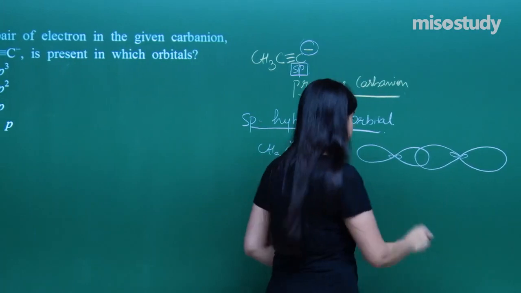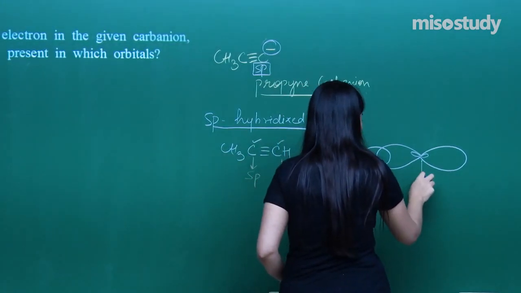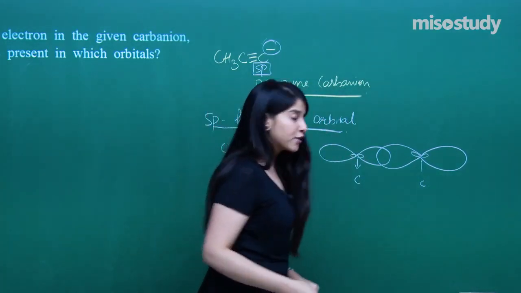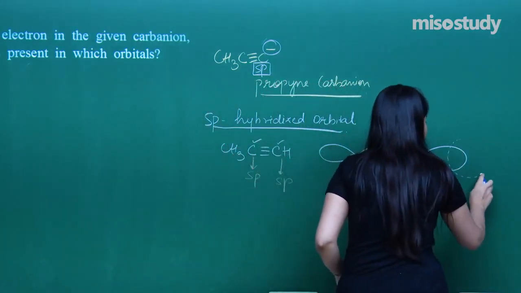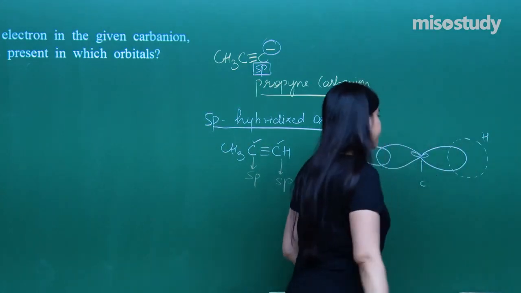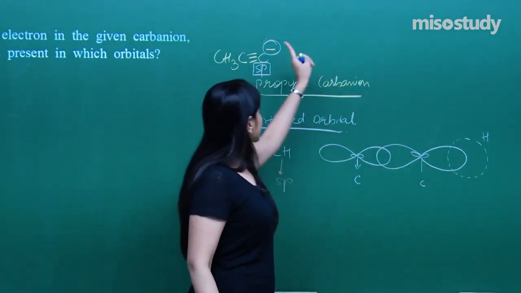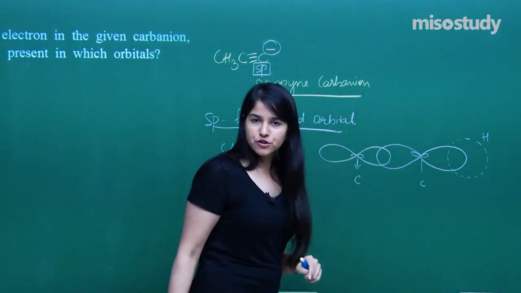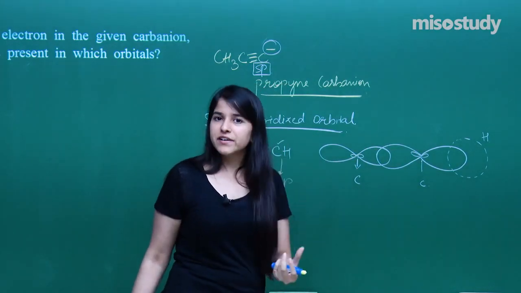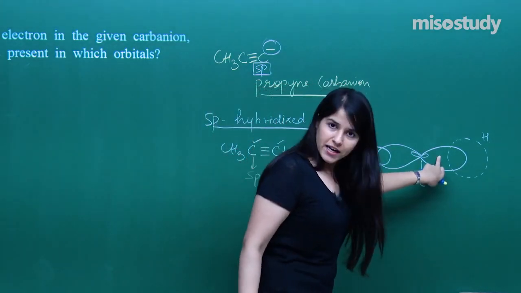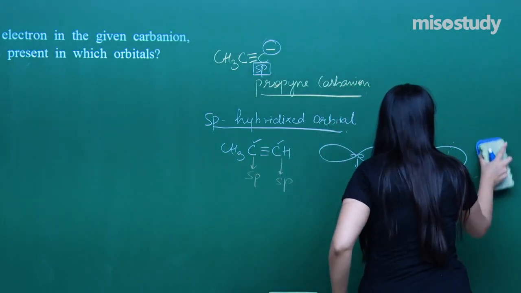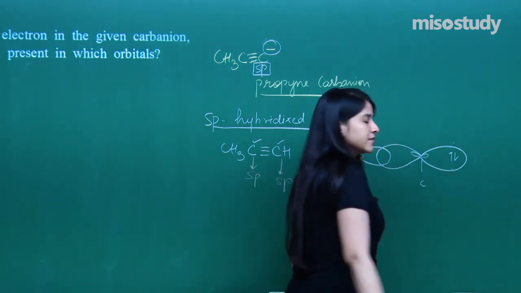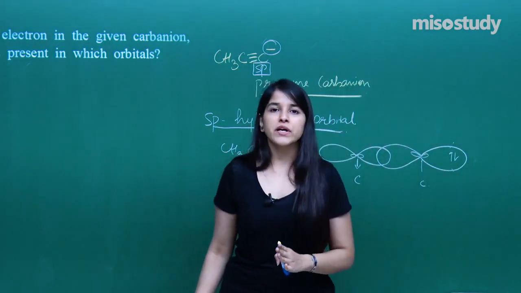That is the two carbons over here, which I have represented: one carbon triply bonded with another carbon, and I need to attach the hydrogen. So that is how I am going to attach the hydrogen here. But wait, we are discussing what? Propyne carbanion. That means I need to remove this hydrogen to make it a carbanion. So the hydrogen leaves its electrons where? In this hybridized orbital. So the electrons will be contained over here. So that is what is required in the question.